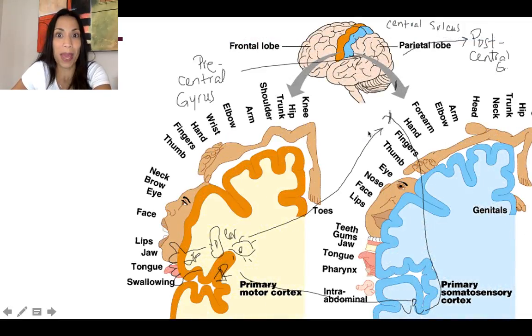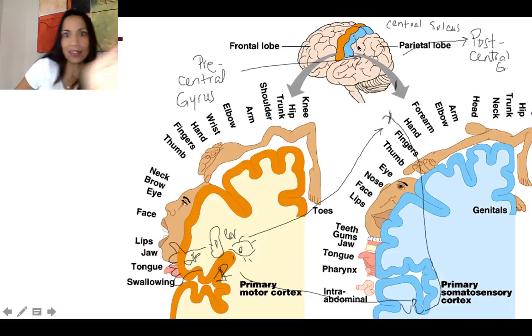And he could map out, imagine how rude and cruel and barbaric that was, but he did it. And still, after 2000, I'm not going to say the year, we are still using these maps in neurology, in neurosciences. So here in orange, we can see this is front, this is posterior, this is the frontal lobe. The most posterior gyrus of the frontal lobe is the precentral gyrus, and the most anterior gyrus of the